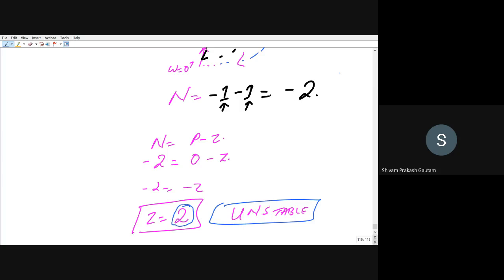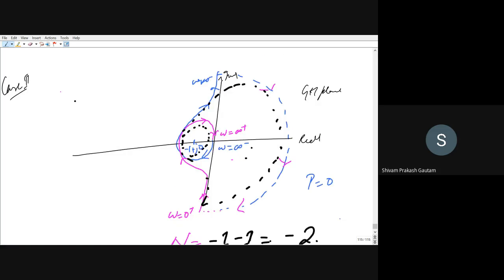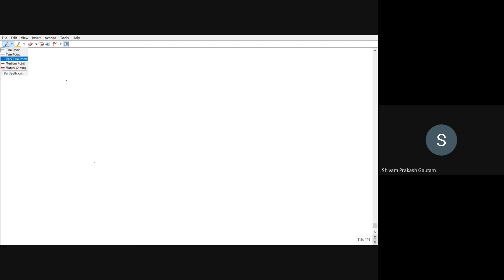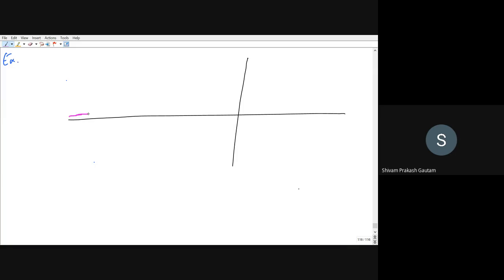Are you understanding the point? Yes, sir. Okay, if you are having any doubt, you can ask, right? This is case number 2. Now I will increase the complexity a little bit. For example, I will again draw the Nyquist plot of some open loop transfer function. Just pay attention. So this is going like this. This is going upwards. Then it is again cutting back downwards. And finally it is ending here like this.